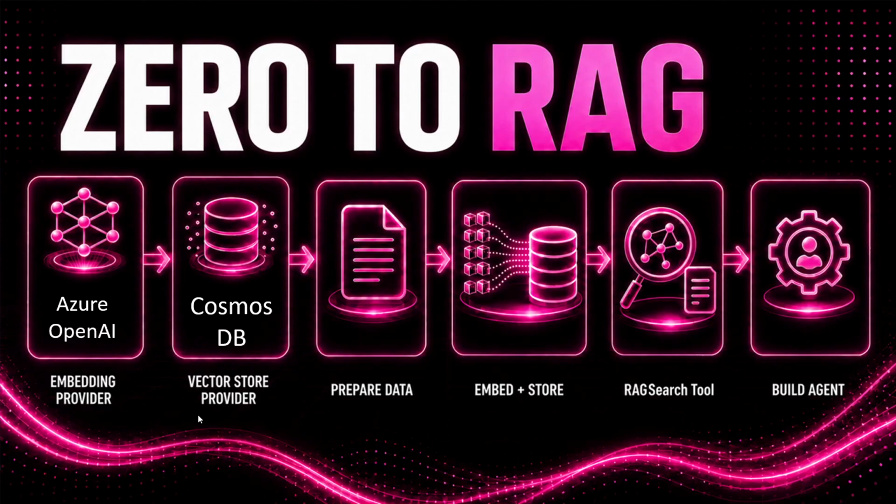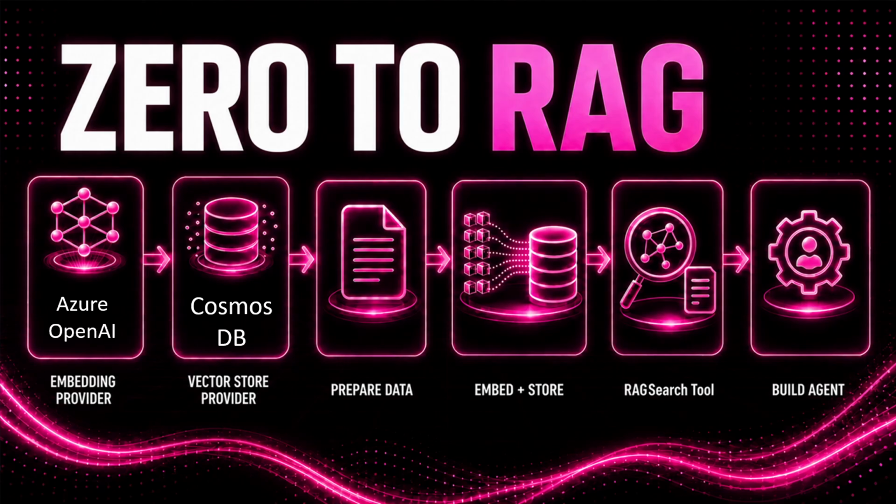Hi, in this companion video to my Zero to Rack mini series, where in the main video I went through every single step on how to go from absolutely zero to having an agent that could search a rack, we're now gonna cover how to switch that in-memory database that we use there into a Cosmos DB. So Cosmos DB is a little more involved than some of the other ones, but not too much.